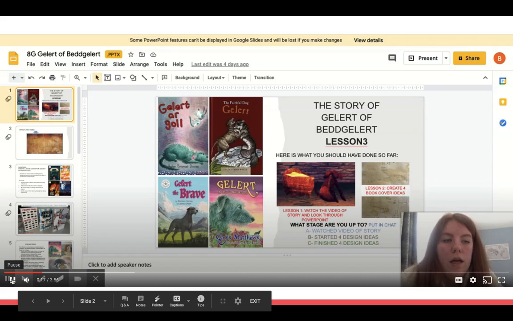With Screencastify, you can share your browser tab like I'm doing here. You can share your whole desktop, or you can just share your webcam. So if you just wanted to record a video for your students, that would be an easy way to do it. So if I show my PowerPoint,